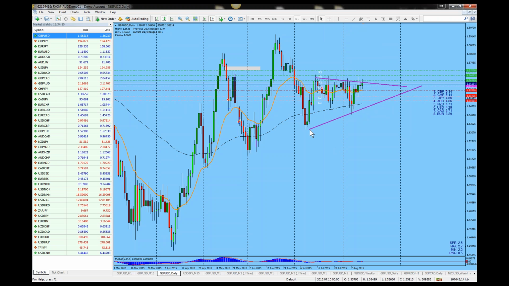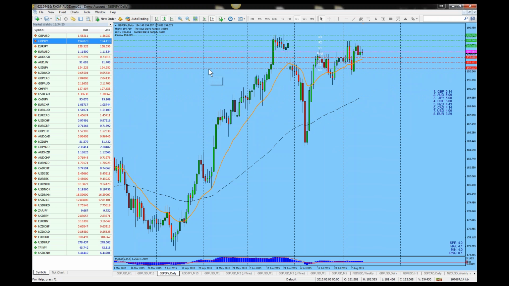Okay. Wow, and that's the daily. A lot of people got chopped up in here. Pound yen. Similar sort of thing. Pound yen is making more of a range. We have that. And then let's copy that out to the top. That's about where we are with